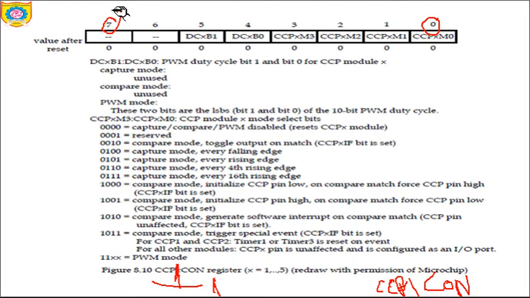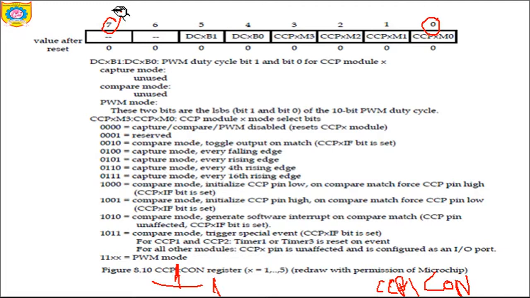As we have studied, we have 3 modes: compare, capture and PWM mode. In the programming steps, we need to configure the mode which we are using. For this purpose, you need this CCP1 control register, where the type of mode to be utilized is specified.